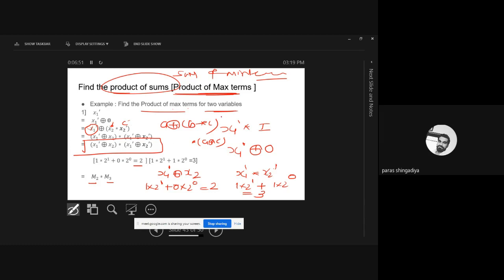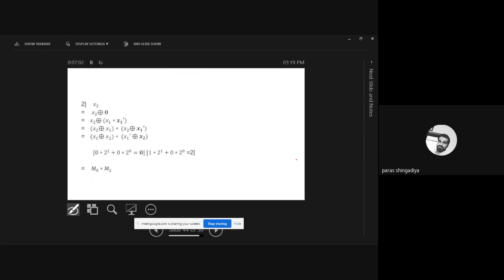That is for two variables, which means you have to create the second variable. If it is asked for max term, add a 0, and in place of 0 write the formula with star, x star x dash. Another example, as x2 is given. The same question: find the product of max term. So add x2 ring sum 0. In place of 0, use the x1 formula, x1 star x1 dash. Then apply the distributive formula, so it is x2 ring sum x1 star x2 ring sum x1 dash. Then arrange as per the order, so x1 ring sum x2 star x1 dash ring sum x2.